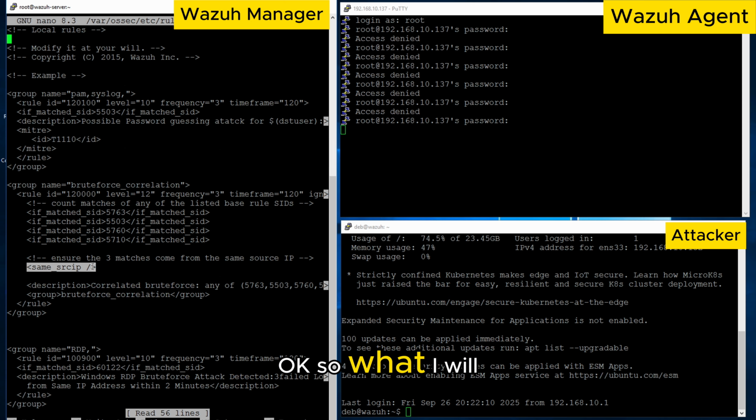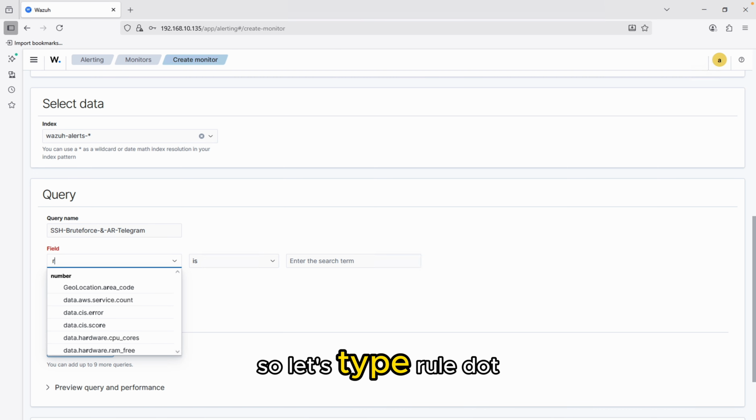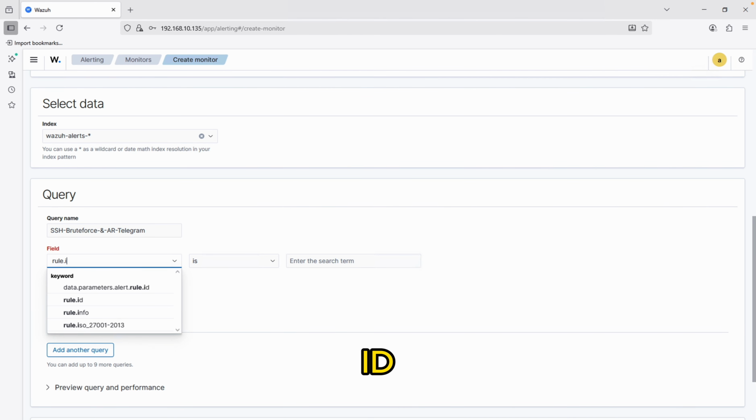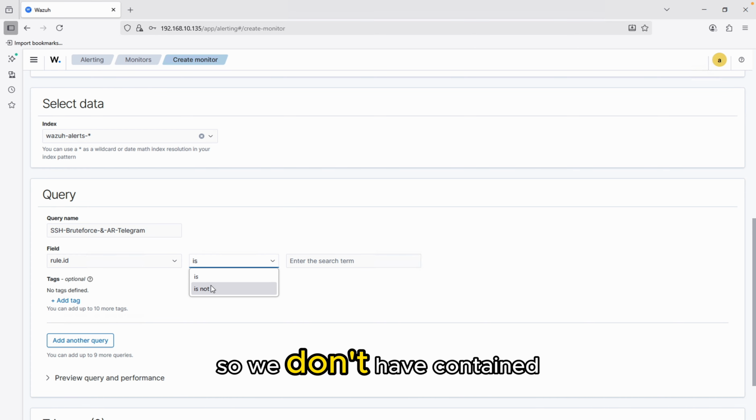So what I am going to do here is use either of these two IDs, 120,100 or 120,000, or we can use both of them. Let's go to our notification. Let's type rule.id. So if the rule ID is, we only have "is" or "is not". We don't have contains or exact match, so we need to make sure of this. Okay, so I will use "is",